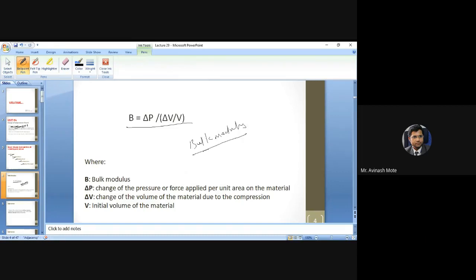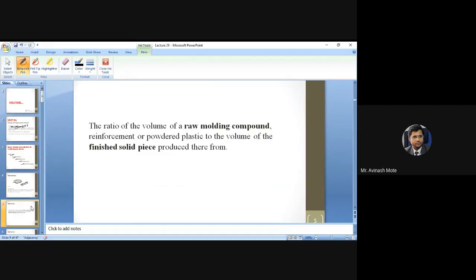It is similar to what is defined in the strength of materials. Bulk modulus is defined as the compressive stress upon the compressive strain. Here also the concept is the same, but the way of application is different. So this bulk factor, which we denote with capital K,